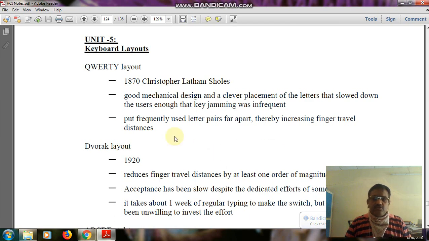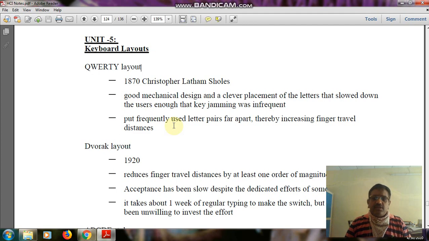Okay. So, what is meant by the QWERTY layout? In the QWERTY layout, if you observe the top of the keyboard, there are Q, W, E, R, T, Y keystrokes available.